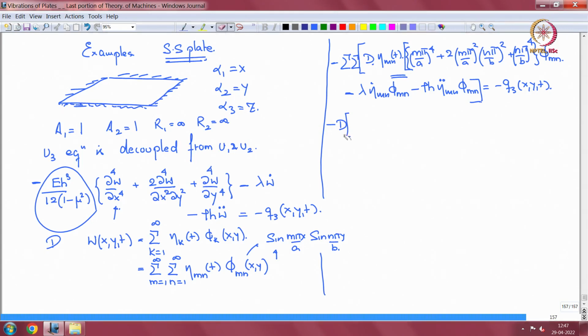Okay, so now here let's see. Here I have the double sum with a minus. I get d eta mn m pi by a whole squared plus n pi by b whole squared